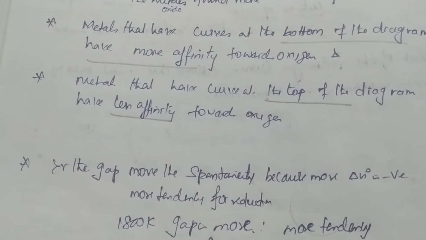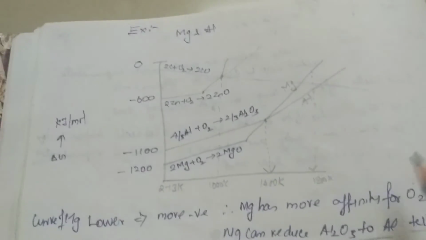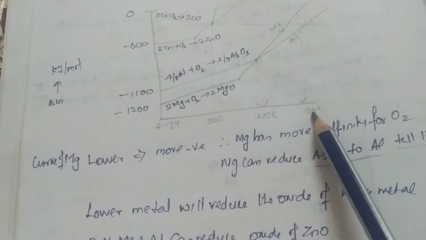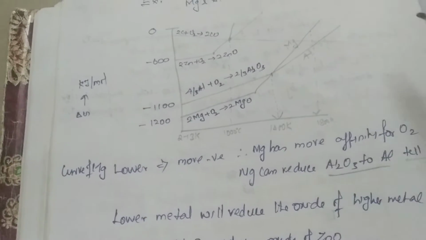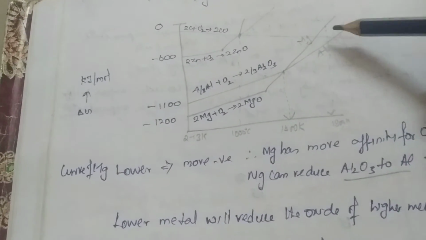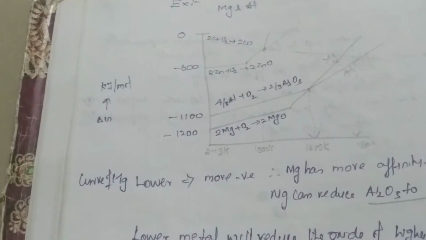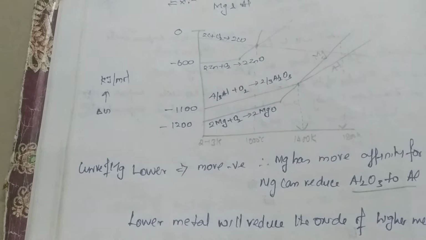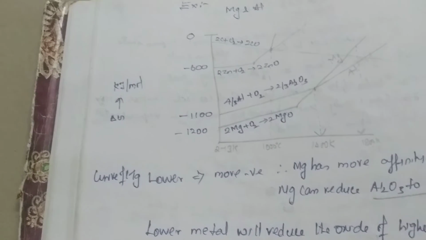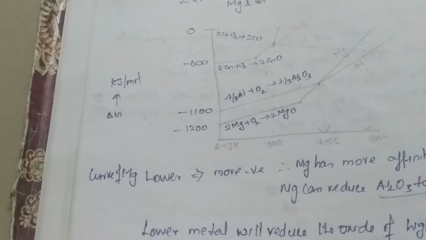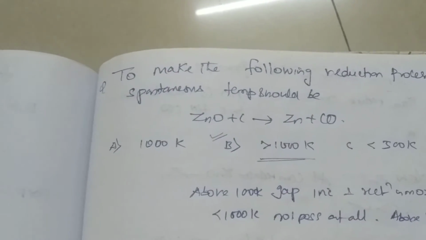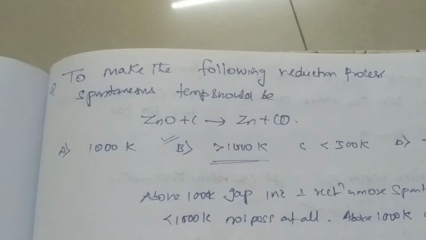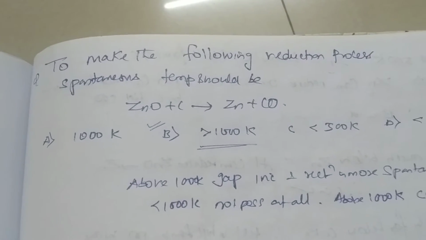You can see that the gap at 1800 Kelvin is more compared to the gap at 1400 Kelvin. So if you take the form of a question, to make the following reduction process spontaneous, temperature should be,